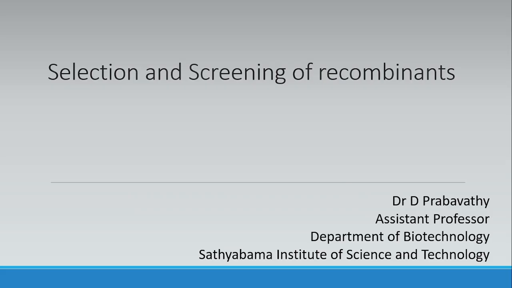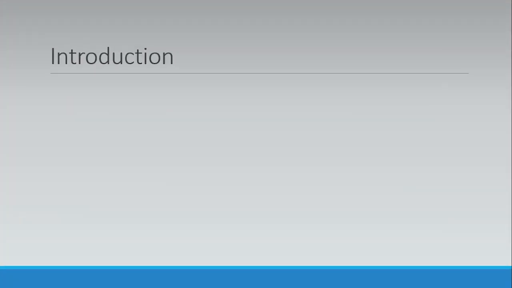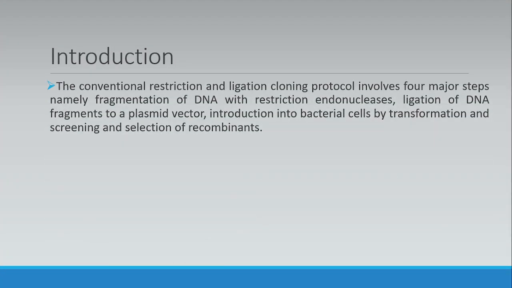Hello students. So in this video, we look into the selection and screening of recombinants. So we have known the steps involved in rDNA technology. It involves a conventional restriction and ligation cloning protocol. The major four steps being fragmentation of the DNA with the restriction endonucleases, ligation of the DNA fragments to